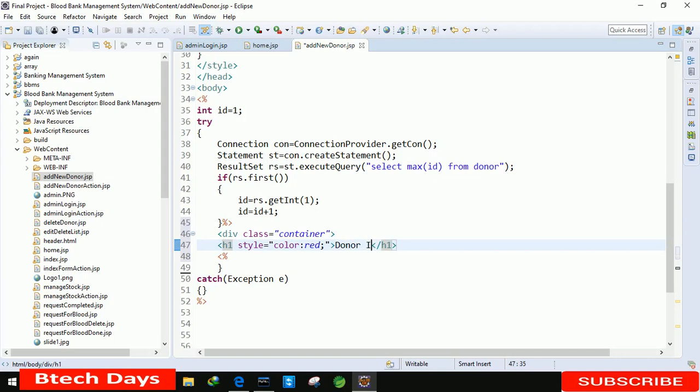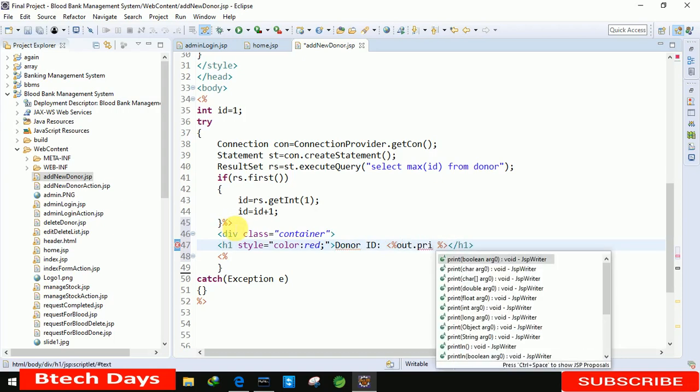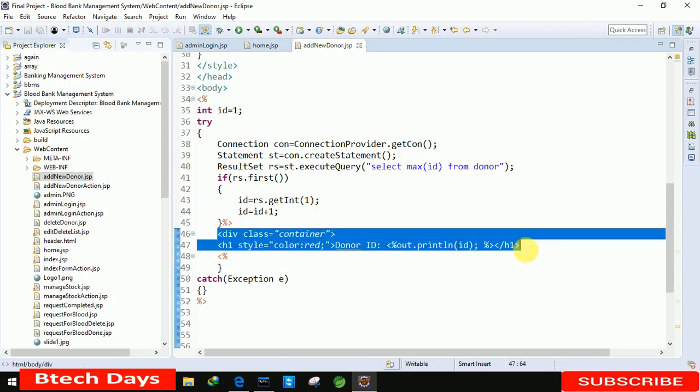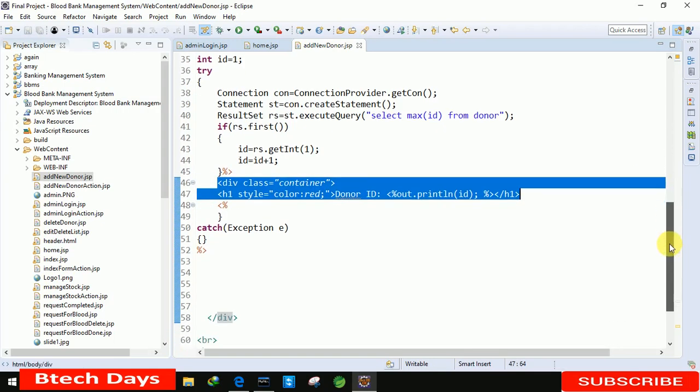And in this we just need to write donor id, and here we just need to write out dot ln, and in this we just need to write id. So this part will display the id number automatically.